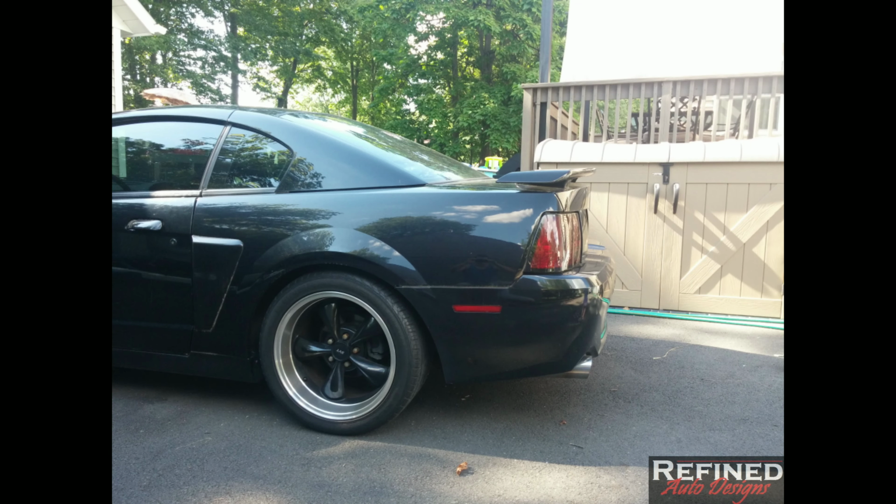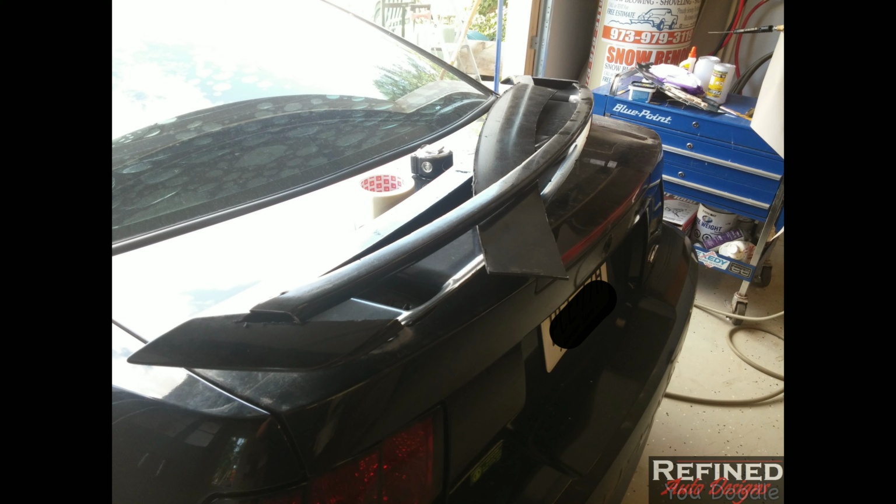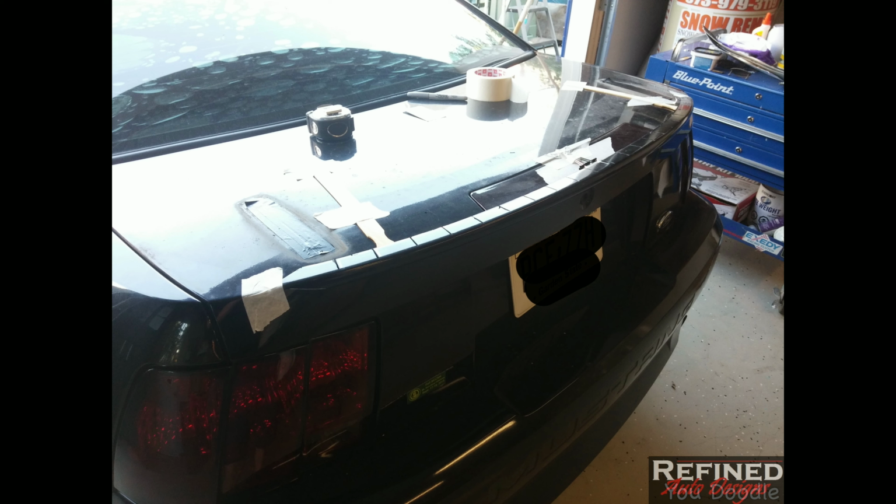So first thing first, you gotta take the old spoiler off. 4 bolts under the trunk, nice and easy. So what I did next was I actually cut off the back edge of the spoiler and sacrificed it for the project, to use as a mold for the fiberglass on the extension piece that I was going to be making. I cut a bunch of relief cuts in it so that I could bend it and shape it,